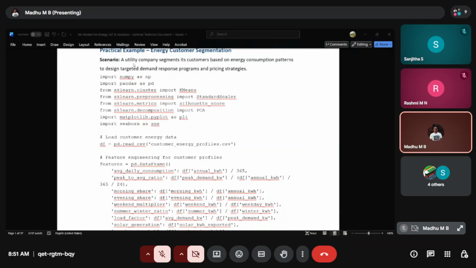Now, most ML models are written in the Python language. Why especially Python? Because Python has a large number of libraries. You don't have to start from scratch. You just have to know which packages need to be imported in your coding. In this specific code, whenever you start any Python coding, you have to import certain libraries.